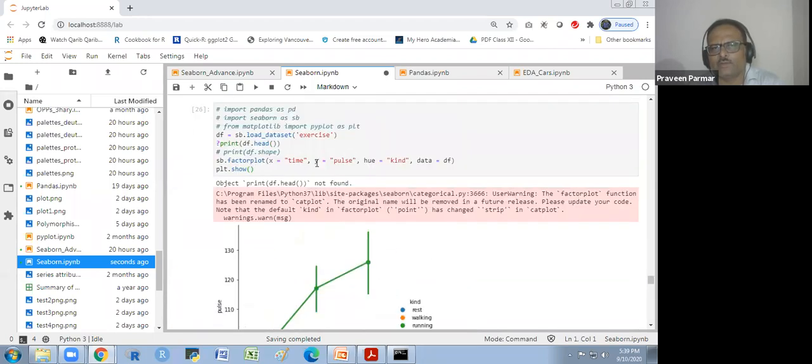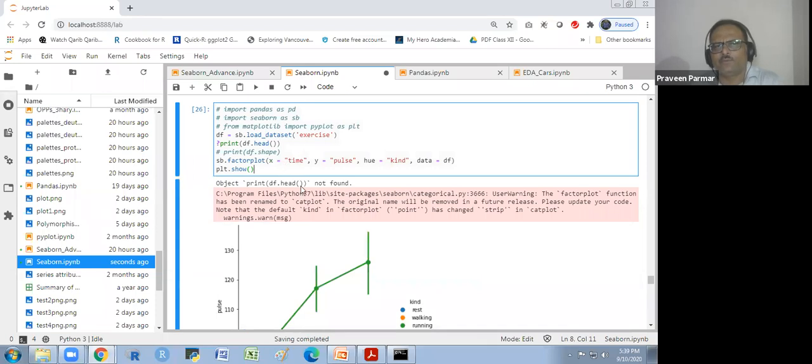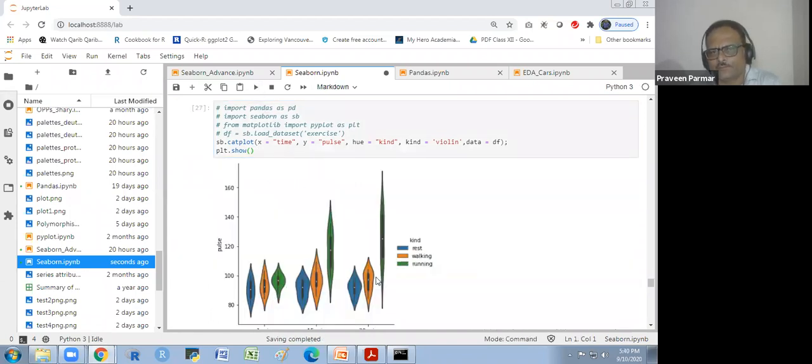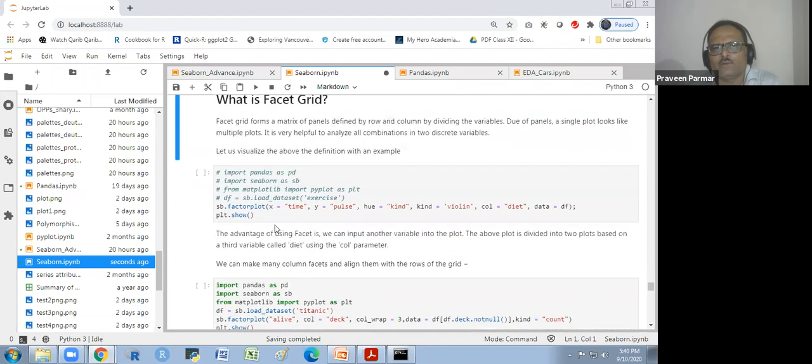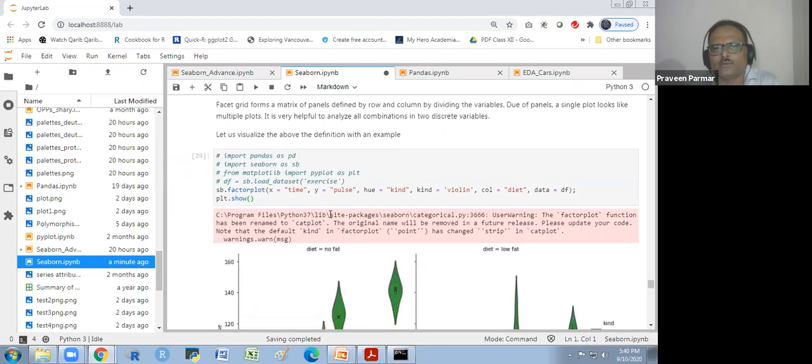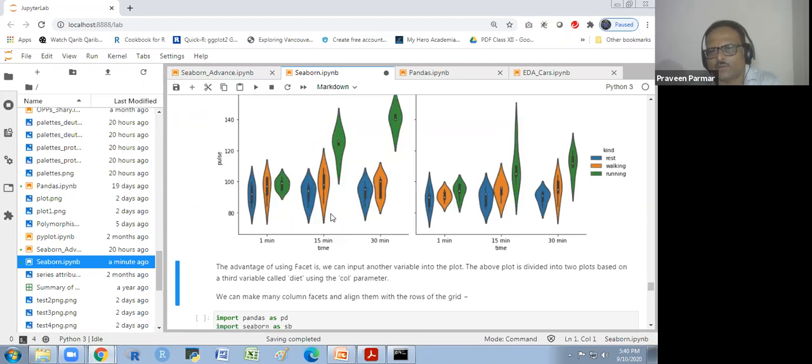So this is giving it in this way. Sometimes you could use this sort of graph as per the importance. And where time, pulse, kind, we could take a violin graph for this. Similarly, you could get the factor plot, time, pulse, kind, violin, diet.